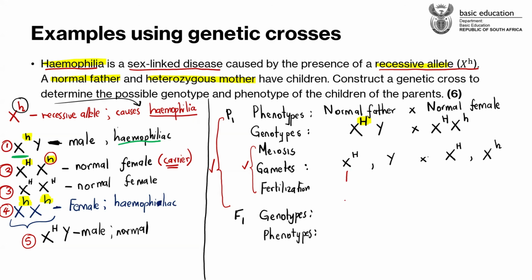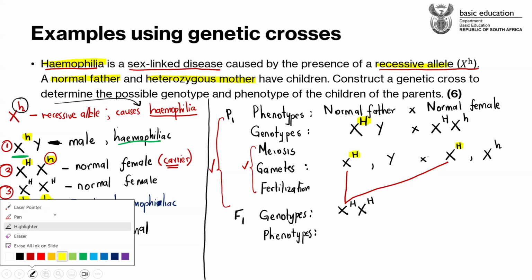So obviously, this gamete with this allele can meet, or fuse, with this other gamete. And when we fuse those two, we already know that's going to be X with a capital letter H and another X with a capital letter H. Mind you, you can see that this is a dominant allele. This is an X chromosome with a dominant allele. When it is crossed with an X chromosome with another dominant allele, it's just going to give us this genotype for the offspring. Remember, guys, that these are the sperm cells and the ovum that are fertilizing each other.